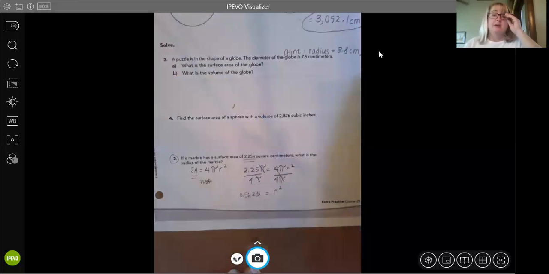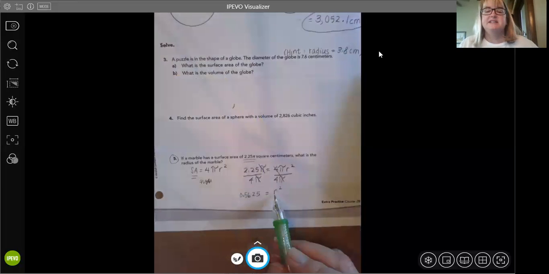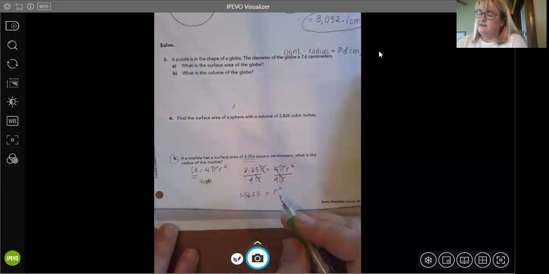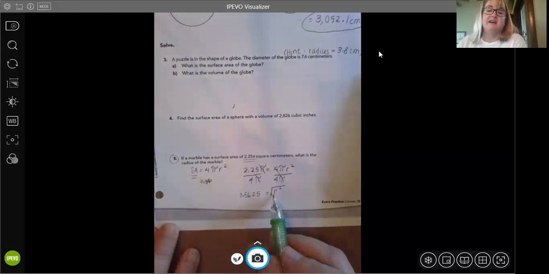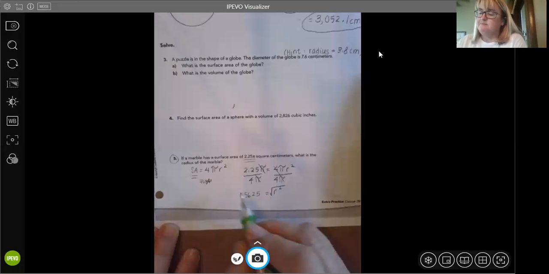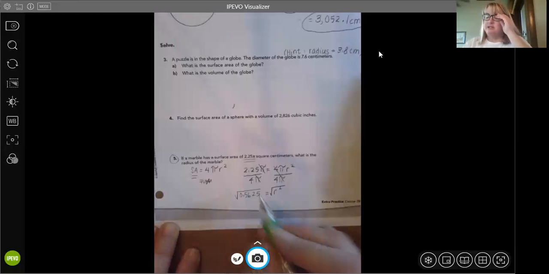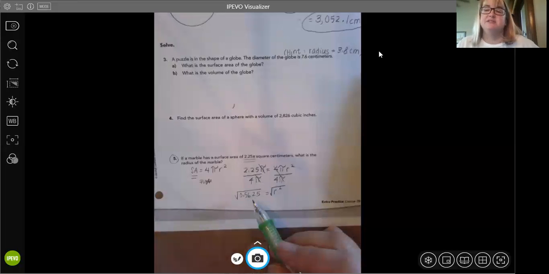0.5625. Okay, here is the tricky part about this problem. The radius is squared. I don't want it to be squared, so I have to unsquare it. So how do I unsquare the radius? Well, I find the square root. But if I find the square root of this on the right side, I have to find the square root on the left side. One thing I want to mention, when it says to round to the nearest tenth, you really need to save the rounding until the last step. So use the numbers you have, but at the very end, round them.